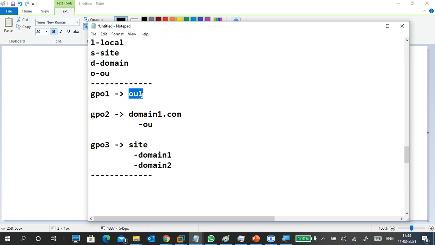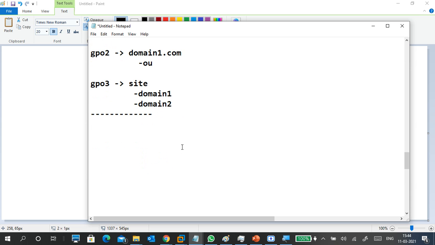If you apply a policy on a particular OU, it is applied on that OU only. If you apply a policy on a domain, it is applied on all the users, groups and computers in the domain. If you apply a policy on a site, the domains in that particular site are affected with the policy.